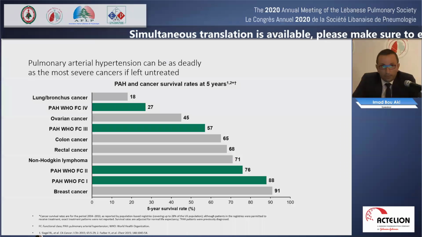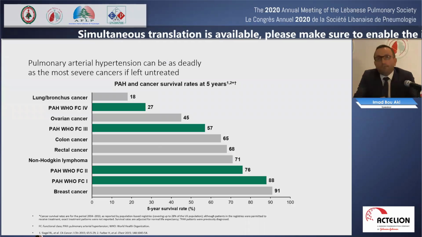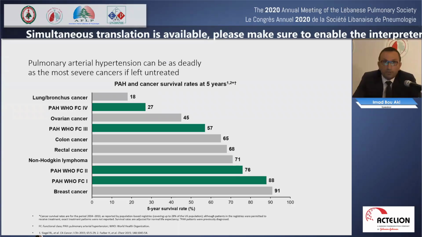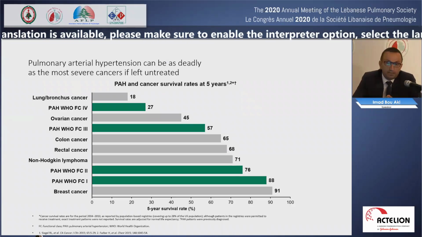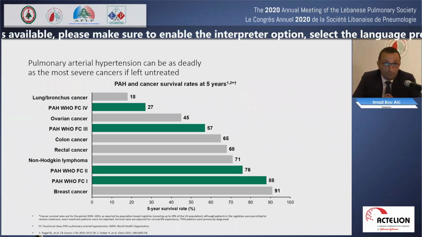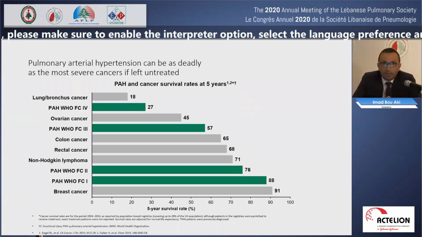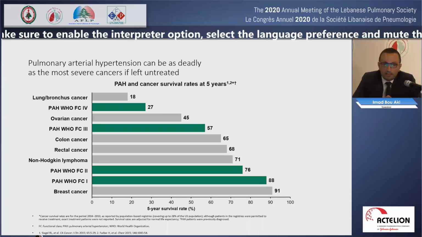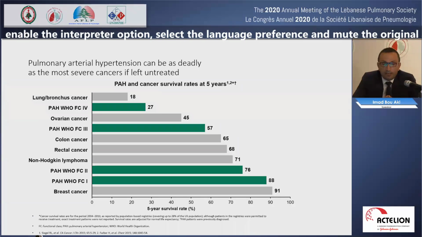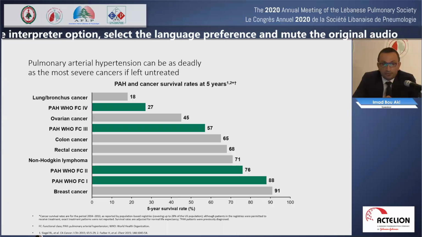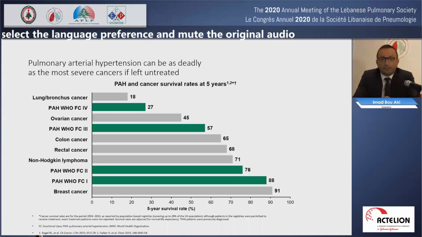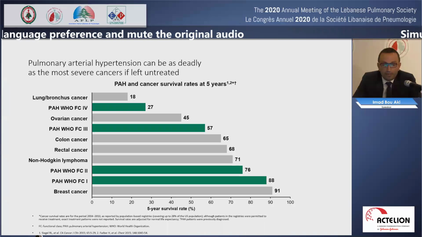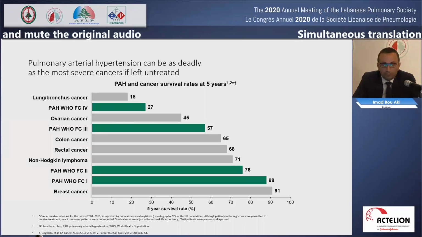Now, before I talk about the importance of therapy and the importance of escalating therapy early on, let's remind ourselves about the seriousness of this disease. PAH, meaning type 1 pulmonary arterial hypertension, is really a lethal disease. And as you can see, a PAH patient who is functional class 4 has a 5-year survival around 27%. That's really worse than many cancers. Obviously, the lung and bronchus cancer survival hopefully has improved a little with the introduction of new drugs.